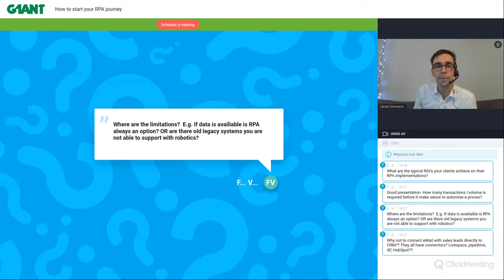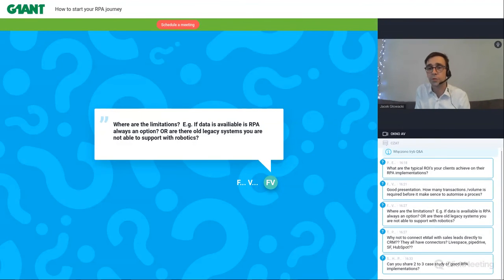So basically, they are pretending to be employees, so they can open up other systems, even if it's a very old system, and operate it just like an employee. So we can automate old legacy systems, and newer systems which have an open API are very easy to automate, because we can connect using the API, and then the transfer is very smooth. So it's actually very easy for us.